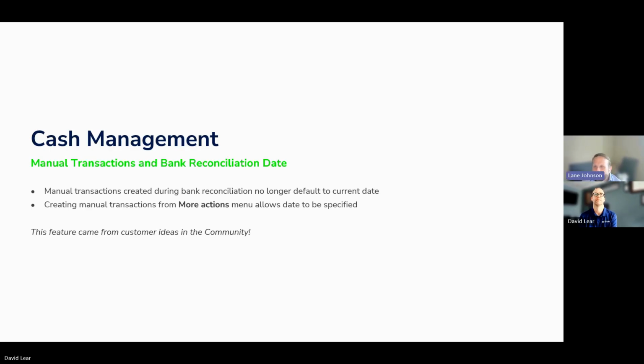And so previously, when you created a manual transaction from that bank feed, you're going in there and creating a JE or a manual payment or an other receipt. The date defaulted to the current date, and defaults are always dangerous because people don't review them and just flow through them. And so now, when you create that additional transaction from the bank feed, it's going to make you specify that transaction date,